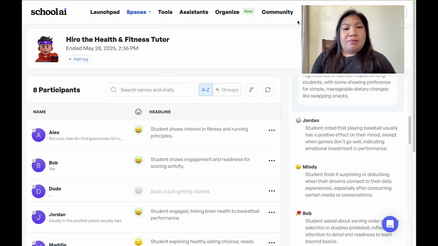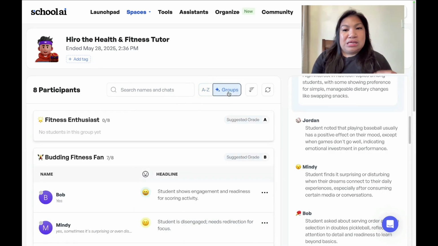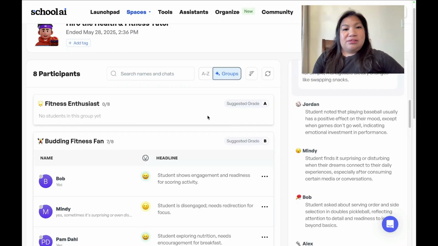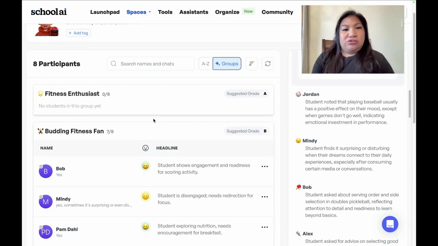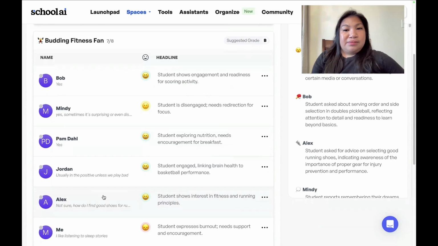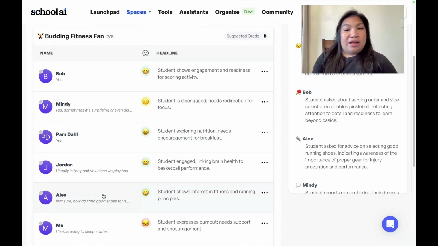The other thing that I love about mission control is not only do I get this alphabetical list of students, I can also toggle to the groups button here. And if I was using this space as a formative check, it will provide me with suggested grades. Since all of these PE teachers are experiencing this space for the first time, it's understandable that no one's in the A group. But it's really good to see that they are doing well and that they are in the suggested B group. Again, I can click on individual names here and pull up an individual chat transcript and